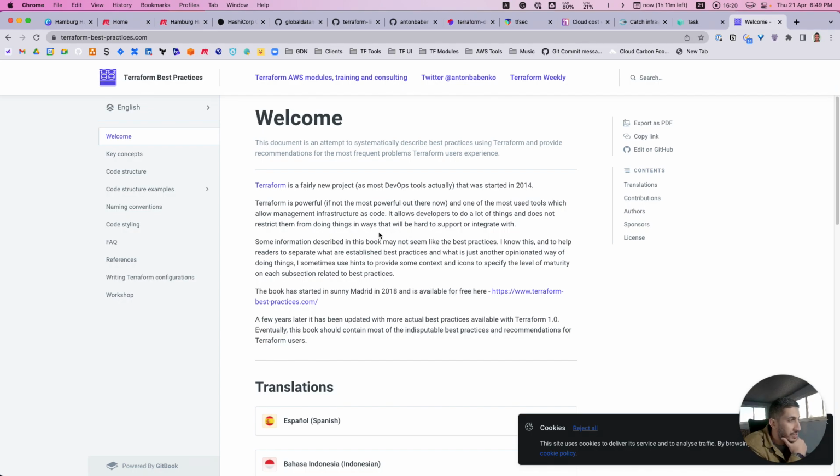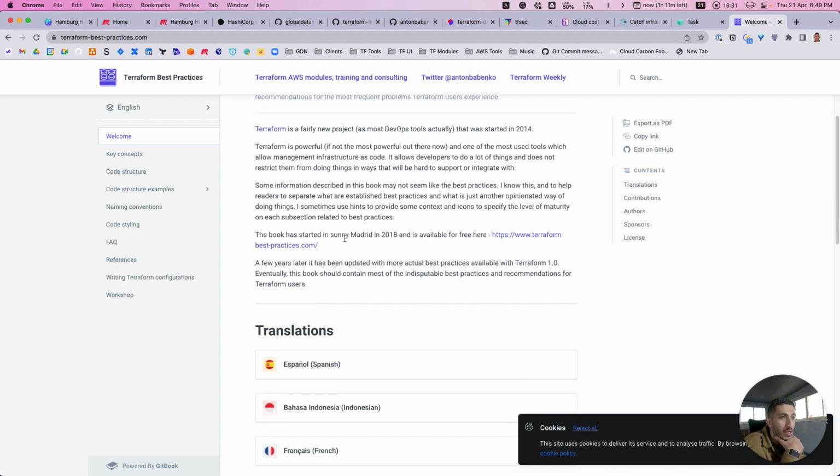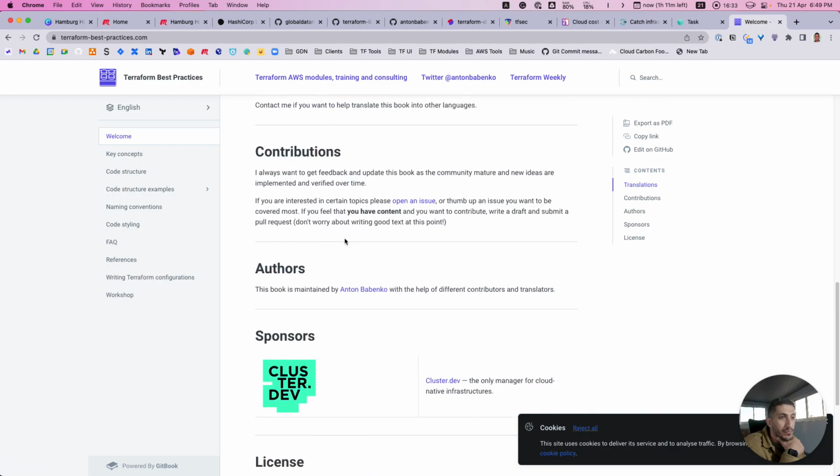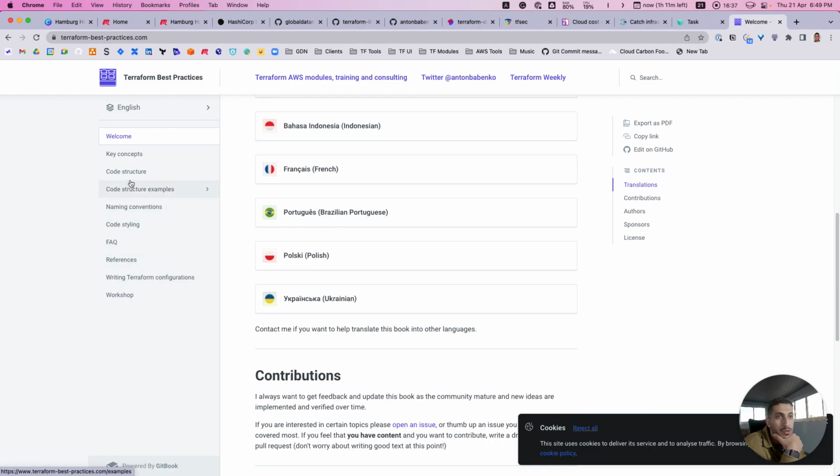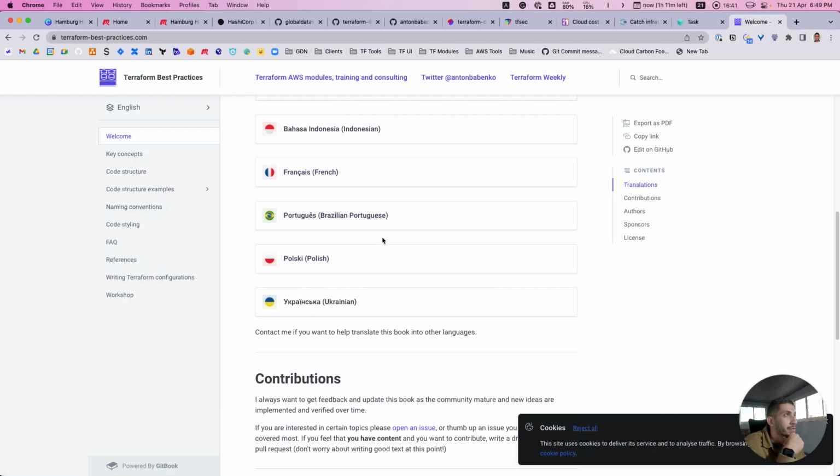We are only mentioning the tools that you can use with this type of guides to create the best experience when you are developing or delivering solutions with Terraform. So yeah, feel free to even translate if you can. This is a really nice one that you can follow. And yeah, back to the tools.